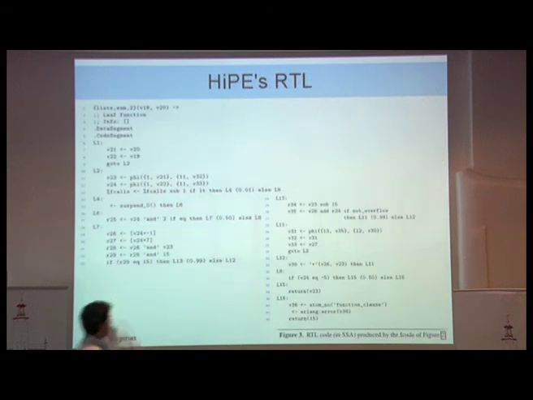And in RTL, the code looks a bit bigger. It didn't even fit on one slide. It has 42 lines, unsurprisingly. Well, that's how it looks. I will not even try to explain this. What is interesting here is that all the tagging and untagging and all the memory operations are explicit at this level.